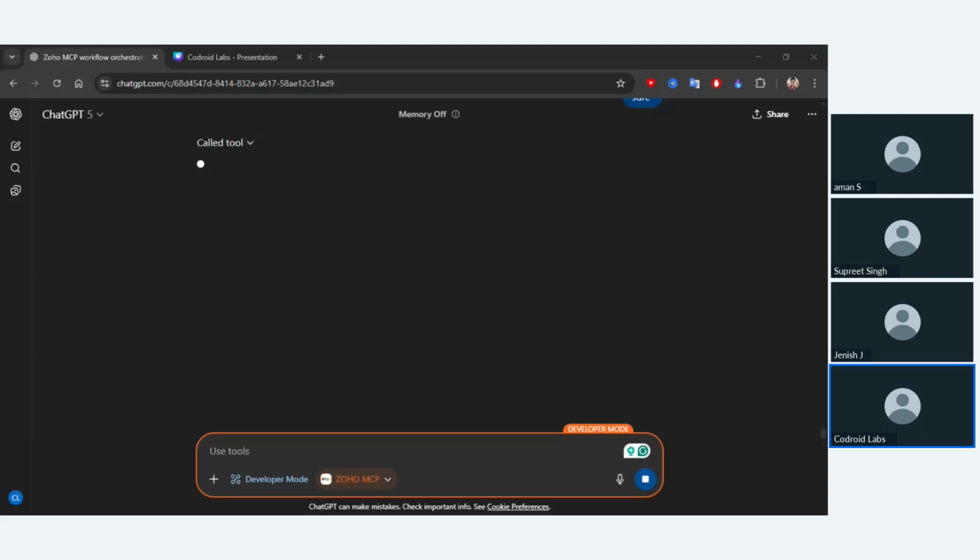Because we have limited time, I will also share every sample data. Just go to the Zoho MCP portal and select which application you want to use. Let's suppose you want to use Zoho Cliq and Zoho Books: give a single line of prompt, and in about 4 to 5 minutes it will do every task which you are giving.